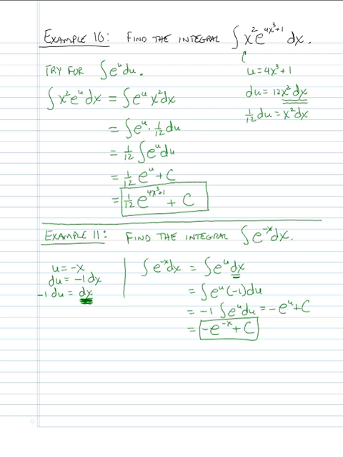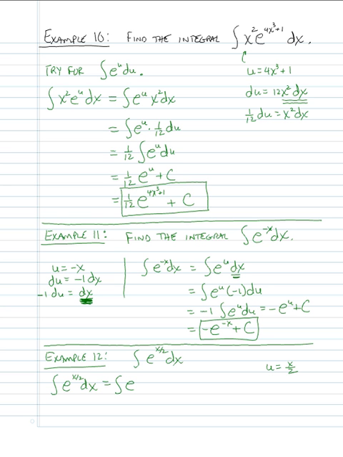I said just one more, but I want to throw one more thing out here. I don't know if we'll go all the way through it because I'm about out of room. But another one would be something that might look like the integral of e to the power x over 2. We might be faced with something that looks like that. It's not going to be a big problem, but if we think about this correctly, remember, we want our exponent to be u. That's what we want. So we would substitute and say,